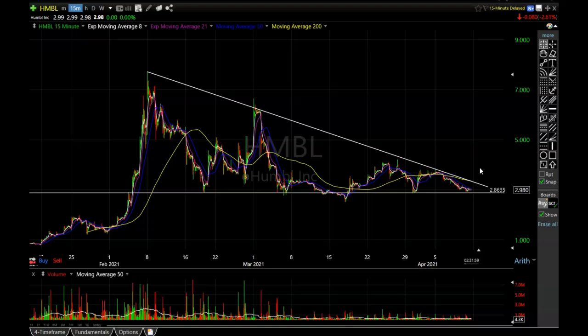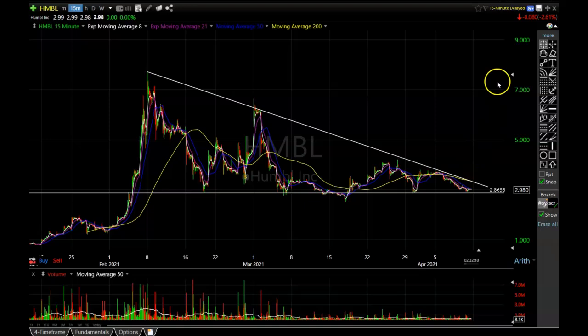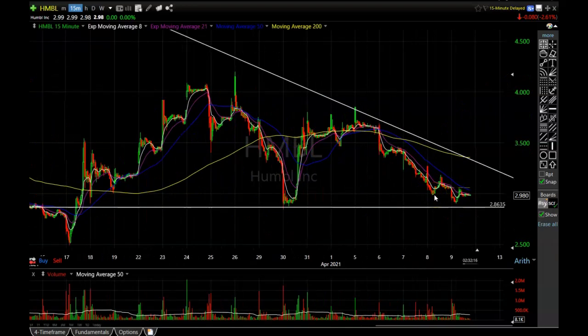But anyway, when you look at a pattern like this, typically you get a breakdown. Now, this thing could break over this trend line, and if it does that and starts to hold the moving averages, it could be starting its next leg up. But typically when they go this far, they usually end up with a breakdown, and it's getting super, super close to it right now. Hopefully it does not break down through it, but like I said, if you are a long-term believer in this company, lower prices means